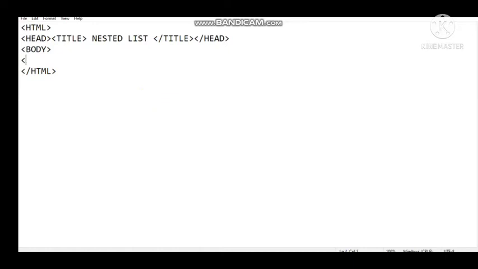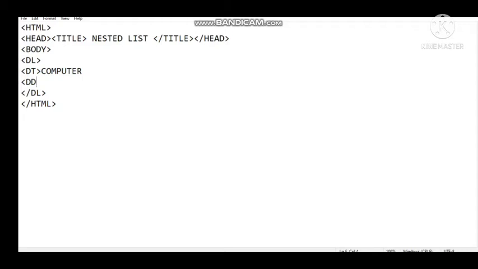Definition list will start with the DL tag, DL started and DL closed. Now inside that, whatever definition terms you have, first definition term is computer. So DT, definition term. What is the term? Computer, and that is written. After that, whatever you want to write about computer will be written with definition description, that is DD.